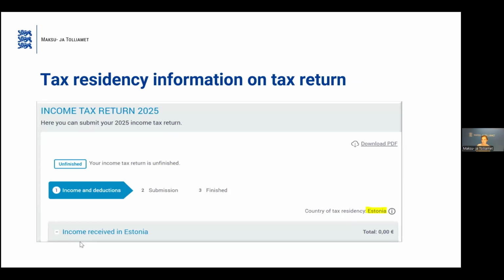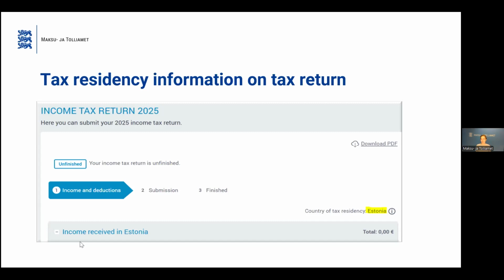But when you are a non-resident, but resident in another European Economic Area country and you receive income from Estonia, then you have the opportunity to log in to our e-service and fill in your Estonian income in this online tax return and also deduct expenses which are applicable also to the Estonian tax residents.